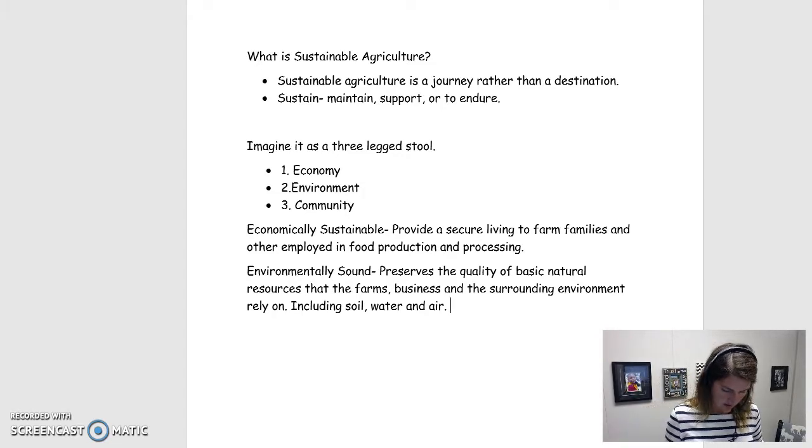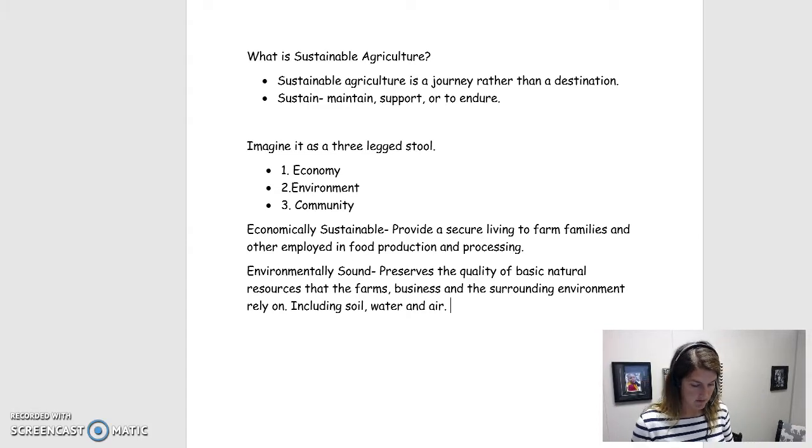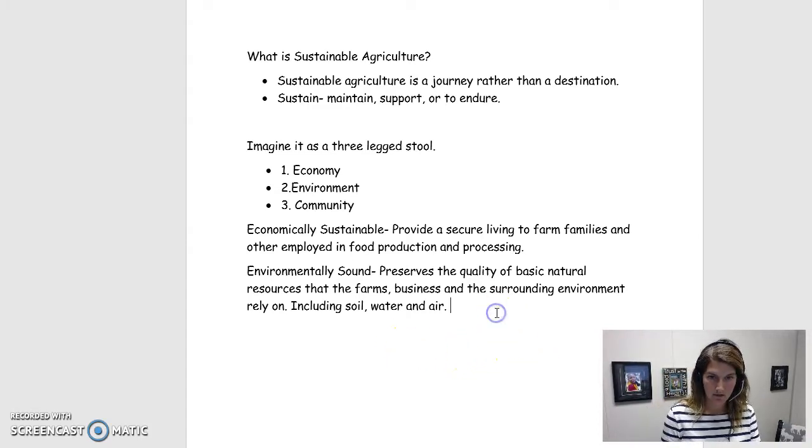Okay, and so it plays an effect on everything the environment does, just like the hurricane in Florida has played an effect on our orange prices because it affected them. And so it affects us all. Okay. And so then the last one is community. So goods for the families.